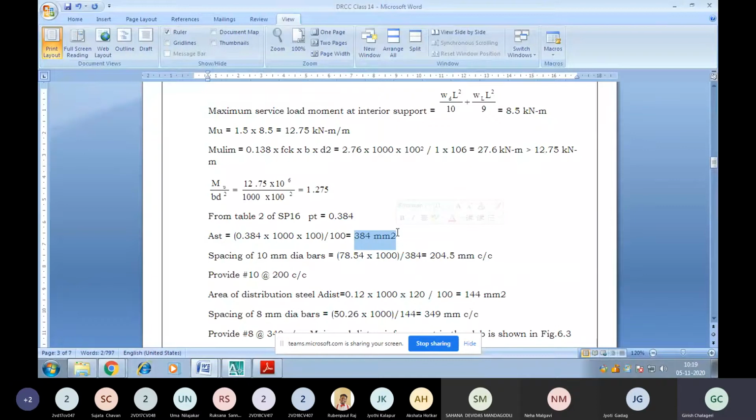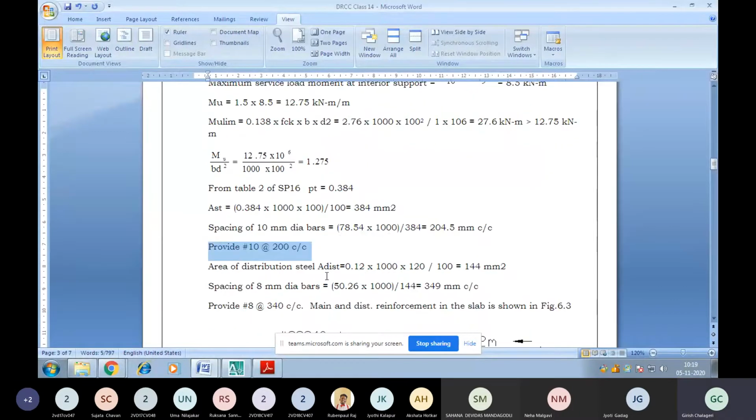We are going to use 10 mm dia bars here. So once we use a 10 mm bar, the area of bar is 78.54, divided into 1 meter span, divided by the whole area of steel required. Thus the spacing will be 204. Let us provide 10 mm dia at 200 mm center to center as the main reinforcement for the slab on the shorter span. And on the longer span we are going to provide the distribution steel,